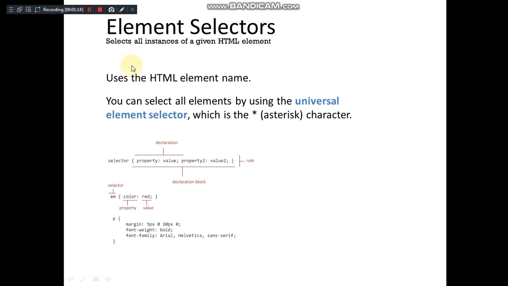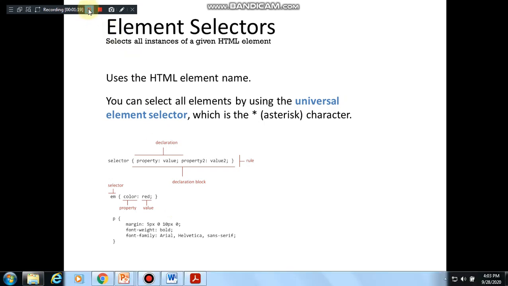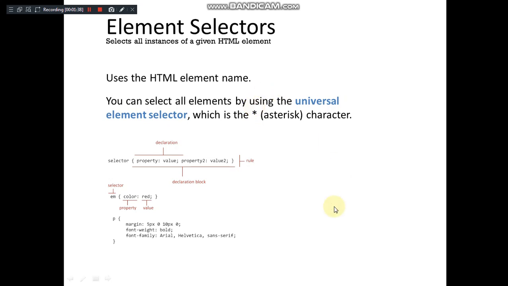Among these, we have another, the universal element selector, where instead of writing the tag name, we write the asterisk character. That means it is applied to all the elements of the HTML, meaning the whole HTML document itself. So that's all about element selectors, which is one category of selector.